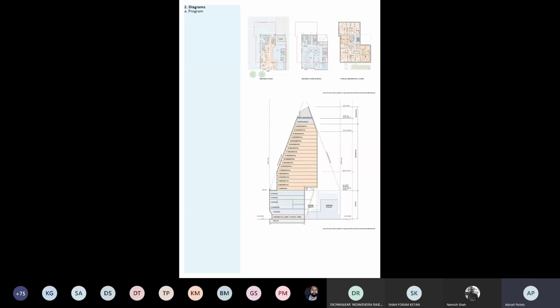So program is the first. Then second is the idea of publicness. This you will find in most buildings. So the idea of public and private, how do you show that? Here it is shown in different shades of gray, so you can use that. Try to avoid using color. Black and white drawings are preferred unless there is something specific you want to show.